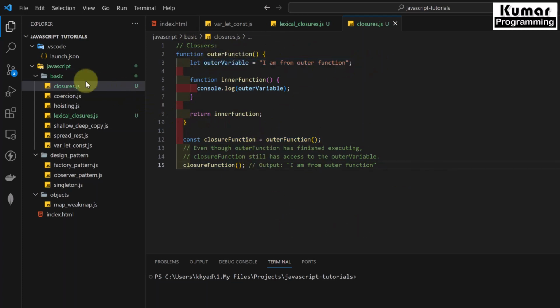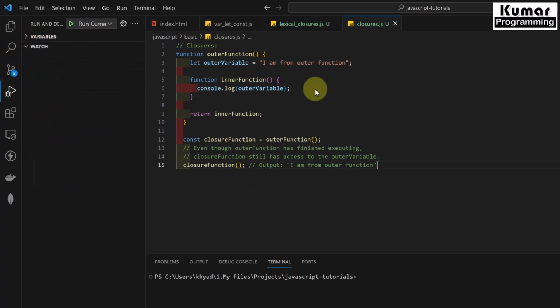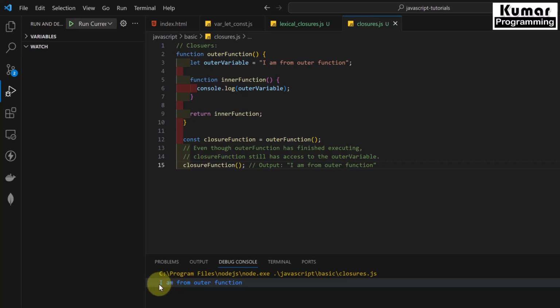Now let's run this quickly and see. So here I'm going to run this, run current file. Now execute this. See, I'm getting the output as "I am from outer function", right? So now here if you see, the execution of the outer function is already over and it returned the